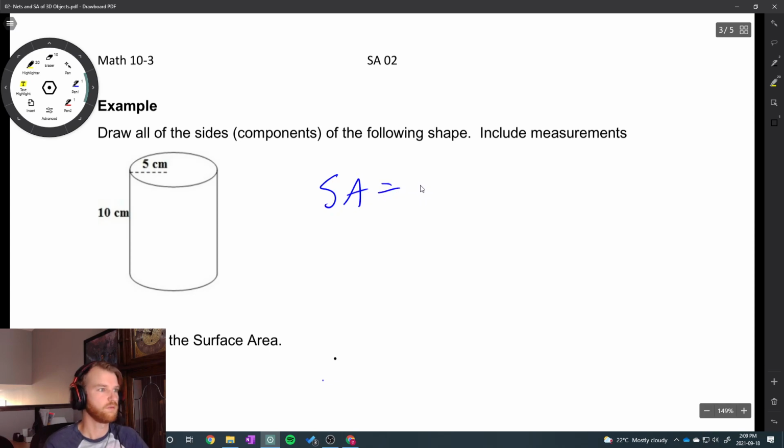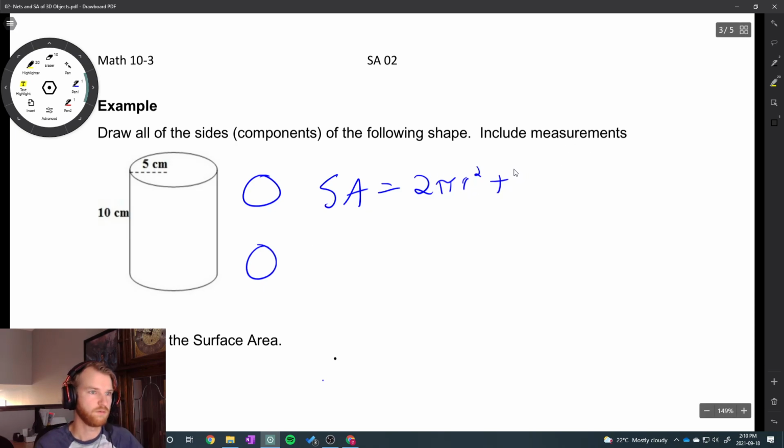It was 2 pi r squared, which gives us the top and bottom. That's this circle and this circle. Then plus 2 pi r h. This is the length of the edge, and this is how high it is. And then we just plug in our values of r and h. So it becomes 2 pi